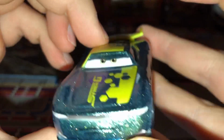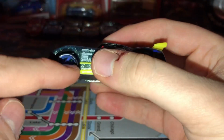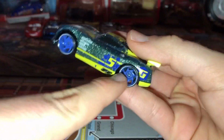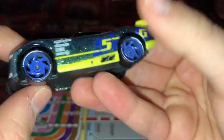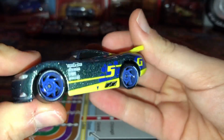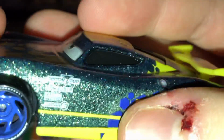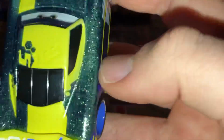He does look very, very mad, but the reason why Eric Breaker is my least favorite, another reason why, because he does have the blue rims, which makes me disappointed in my opinion. Instead of the blue rims, he will have yellow rims in my opinion. There's the 5. Piston Cup, Combustor, Carbon 7 Synergy. There's no rookie stripes, and he does have black windows, and